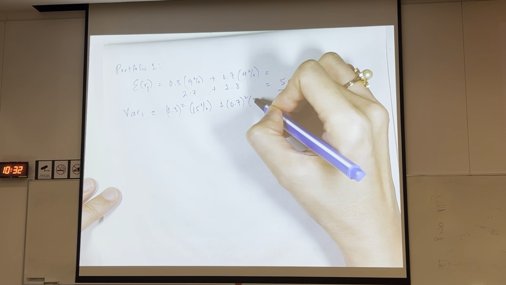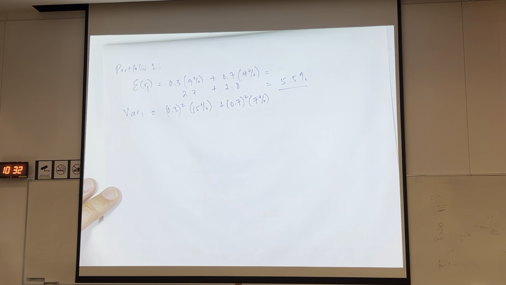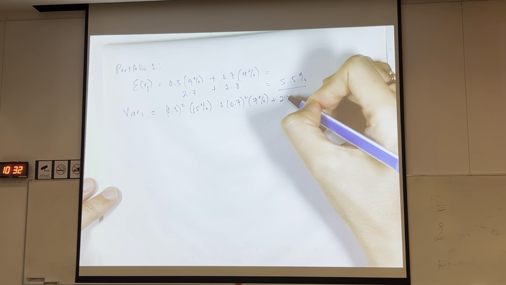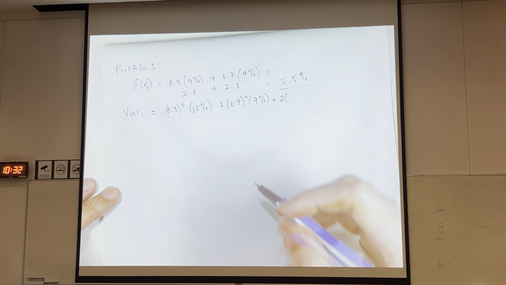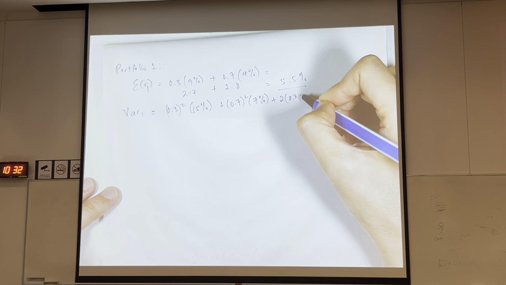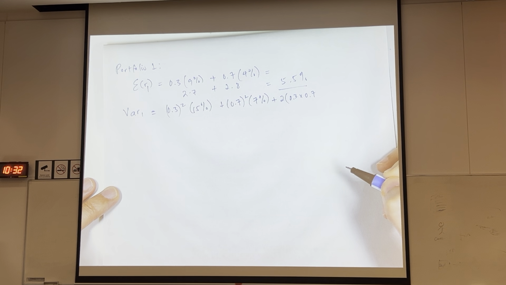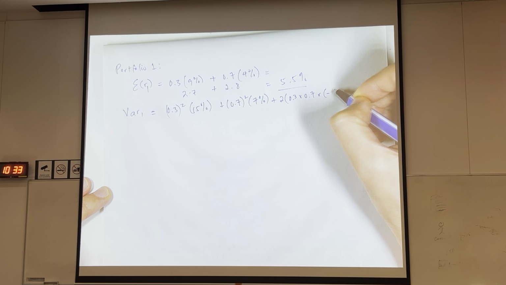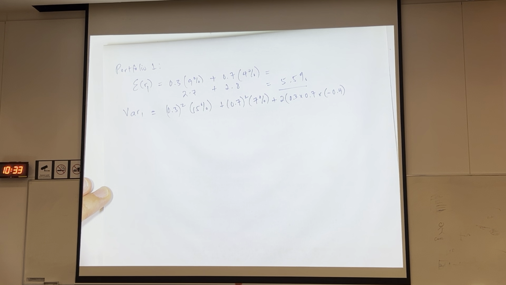Then the variance of stock Y is 7%, plus 2 times the two weightages, 0.3 times 0.7 times the correlation between the two securities, it's written up there, is negative 0.4, right? So just look at that slide. So it's actually negative 0.4,